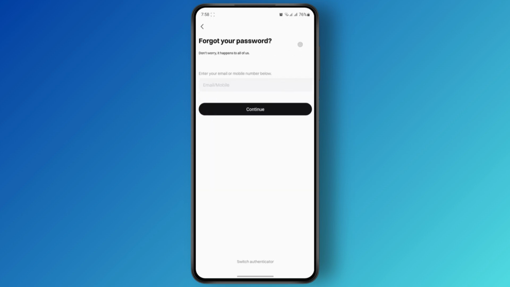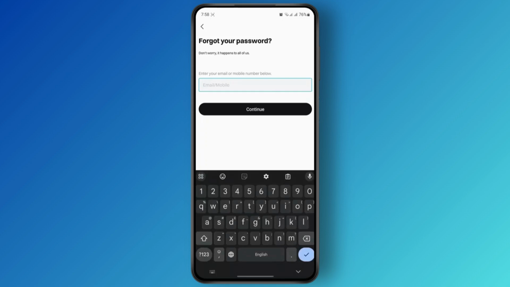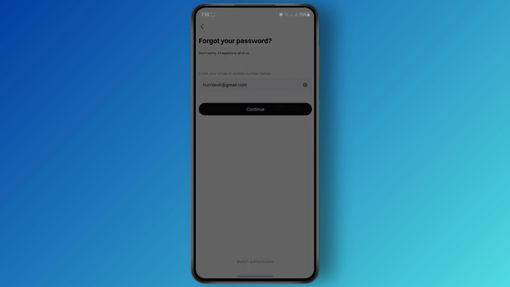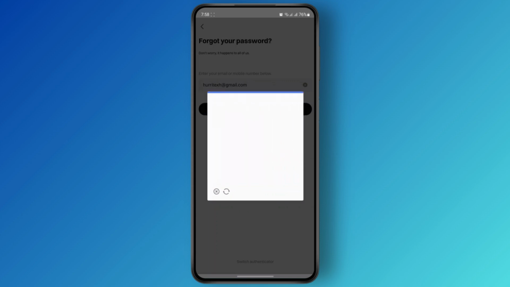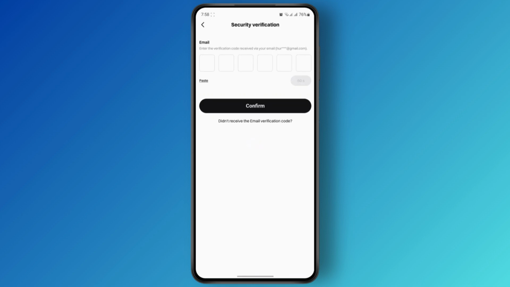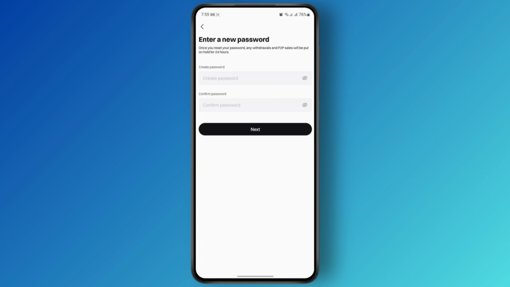And then from here, you can just enter the email address that you have where they will send your reset code. So go ahead and enter the code like this. You will again have to complete a short captcha. Tap on OK. So once the verification is complete, now you will just have to enter the code that has been sent to your email. Alright, so once you have entered your code, you are prompted to enter a new password or create